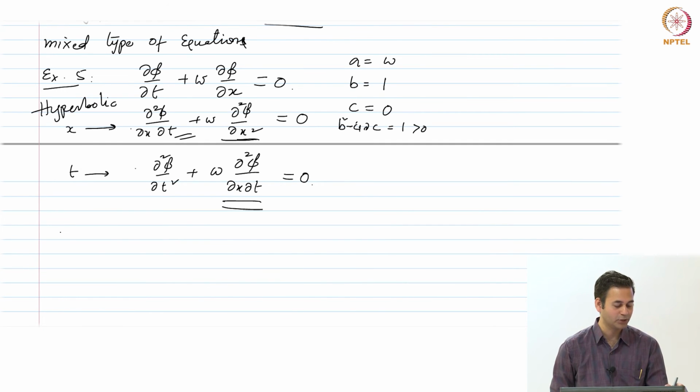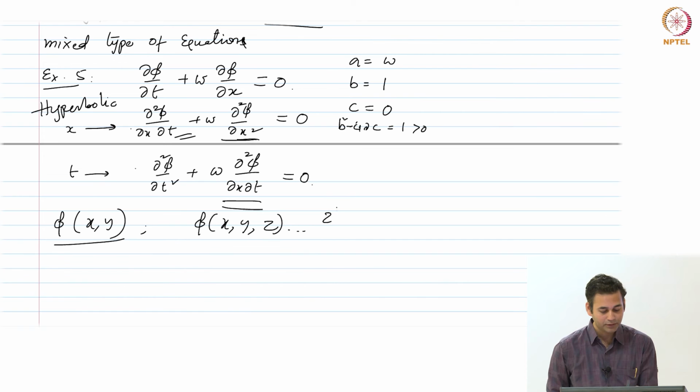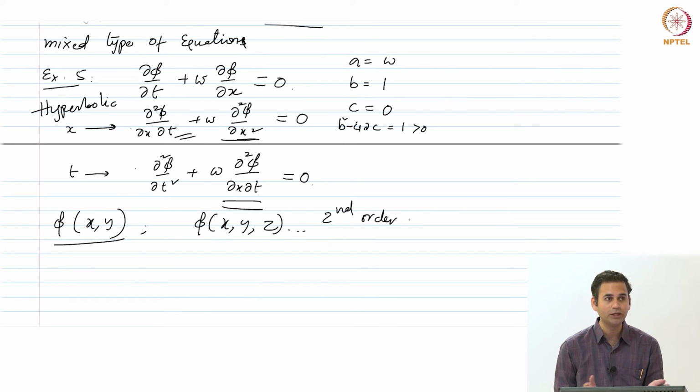Of three variables, yes. So, essentially the question is, we assumed of course that phi is a function of only x, y. What will happen if phi is a function of x, y, z or something else? Still the PDE we are looking at is a second order PDE. We are not going more than that. That is fine, because let us say you want to solve in a 3-dimensional domain the Navier-Stokes equations which are second order, but the domain is now 3D. I have x, y, z. Of course, what we discussed does not work, but a logical extension of this will work,